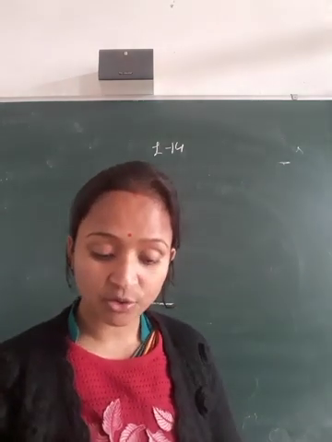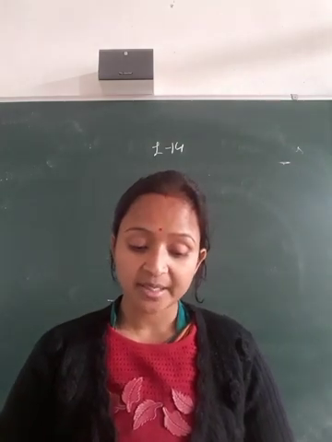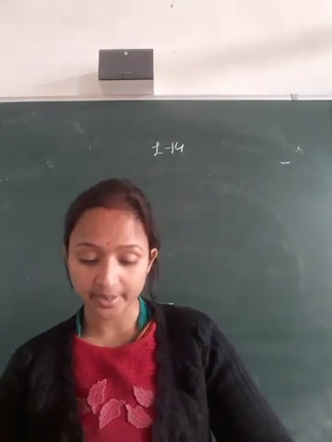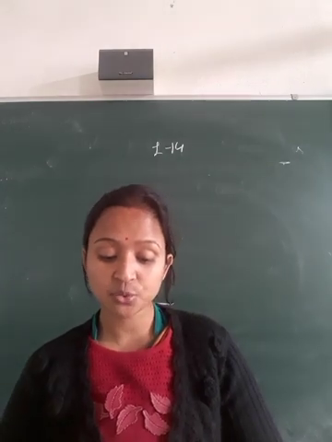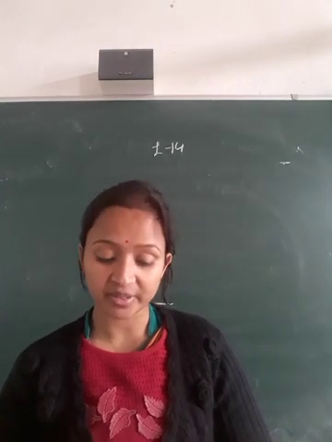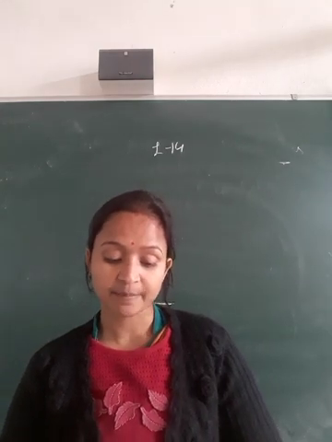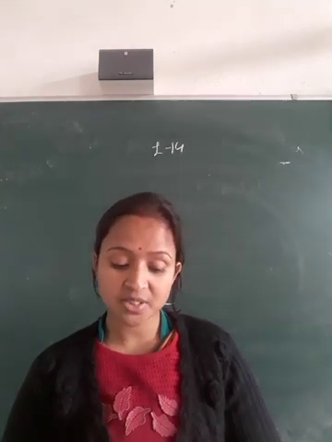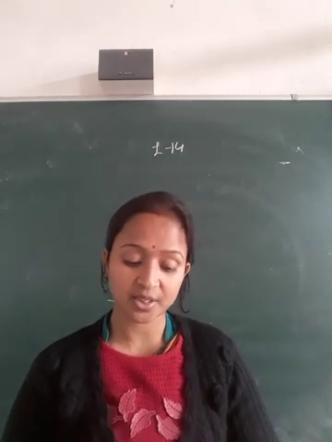And galvanometer. The galvanometer is used for detecting the flow of an electric current in a circuit. And the ammeter is used for measuring the magnitude of current in an electric circuit. The voltmeter is used for measuring the potential difference between two known points in an electric circuit.